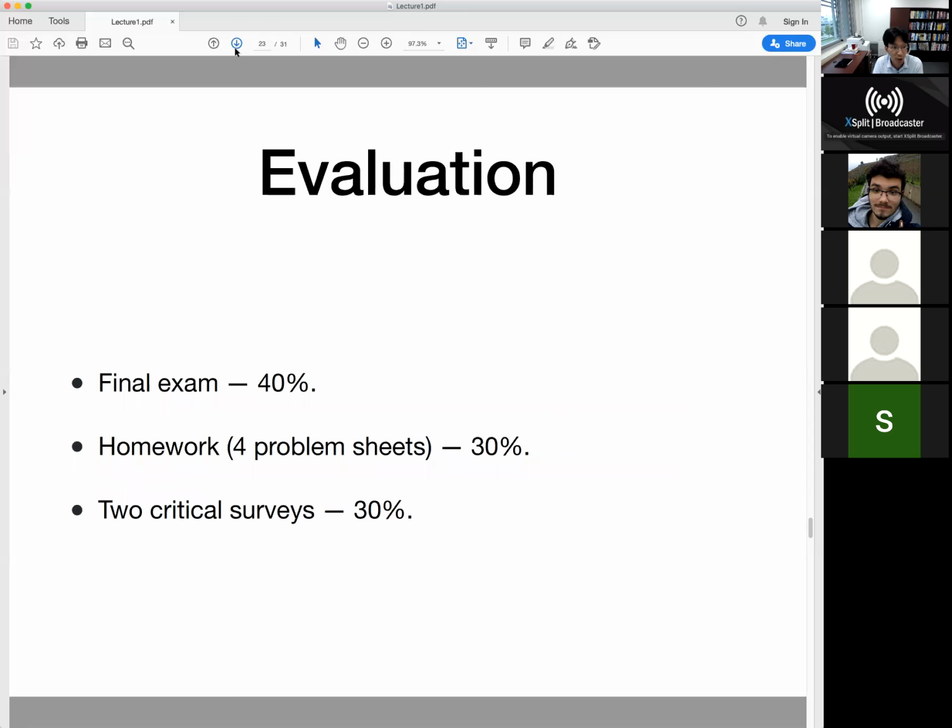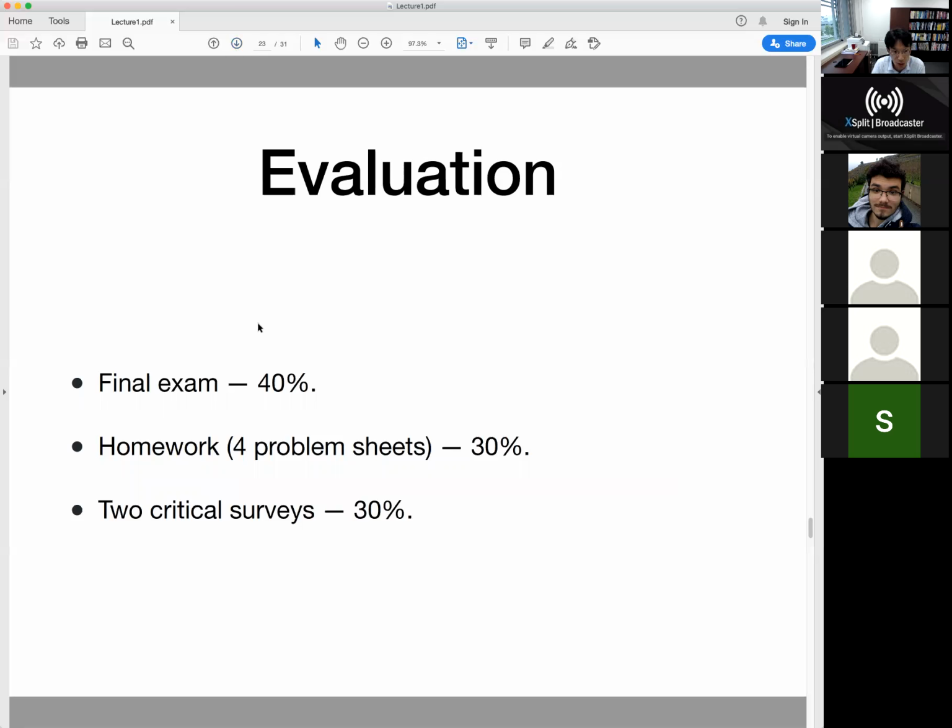The evaluation of the course will be based on 3 things. Because it's a graduate course, I will just trust you. If you feel you can understand everything by looking at the lecture notes, or by studying the textbook for yourself, it's okay. You can just do it for yourself. You don't need to attend this course. So I'm not going to do attendance checks. But